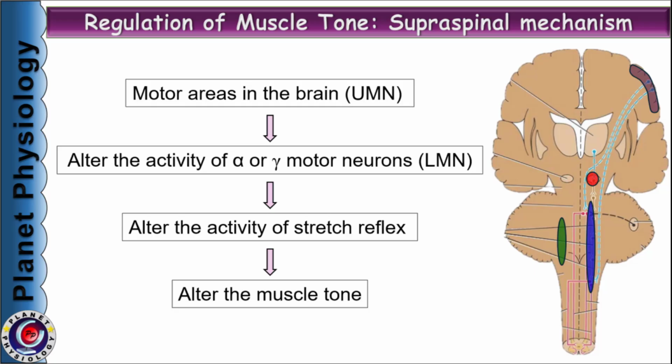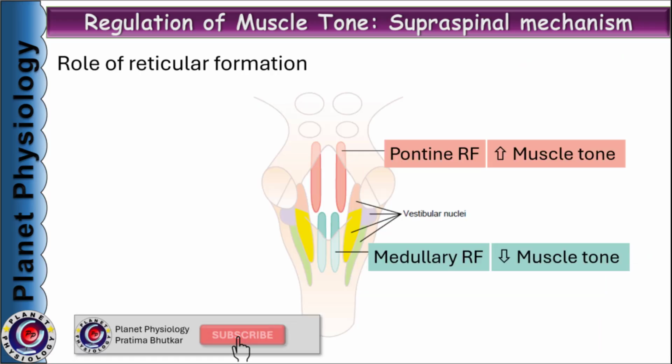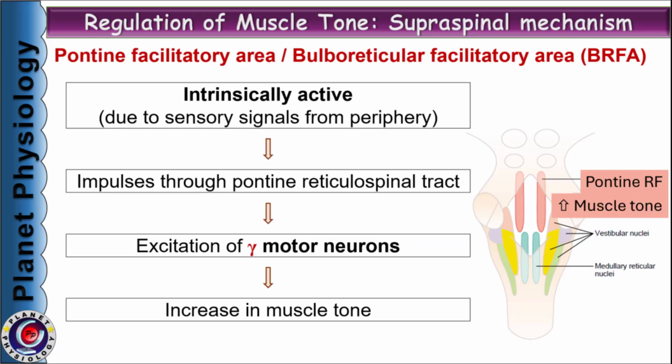Let's discuss the role of various motor areas in brief, starting with the motor nuclei in the brainstem. So first is the reticular formation. It exerts dual control, that is, it can increase as well as decrease the muscle tone, especially in the anti-gravity muscles. Pontine facilitatory area, also known as bulboreticular facilitatory area, is located posterolaterally in the reticular formation of upper pons,